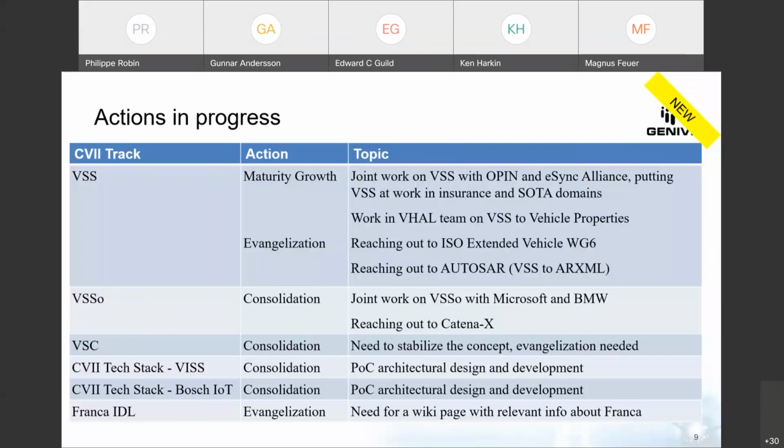Okay. VSC, consolidation needed. We need to stabilize the concept, okay, and we need also to evangelize the concept, okay, and you will learn about it today. I mentioned VISS already, and a way to consolidate VISS is to work on proof of concept, architectural design and development, okay, because having code running is always very good to understand the way it works. And I would say we have also this Bosch IoT software, okay. There is a very active work on GitHub, and we will likely investigate proof of concept work in the coming months. And for Franca IDL, one immediate thought is to have a wiki page with relevant